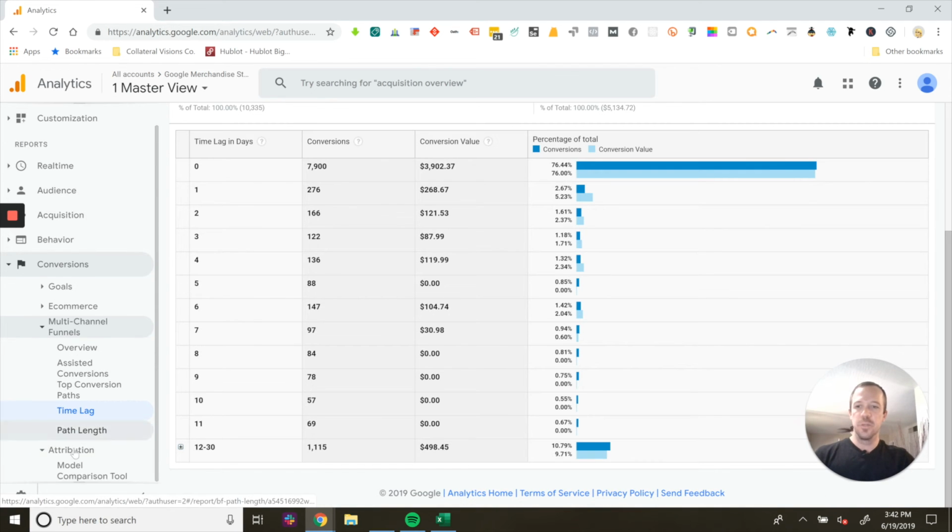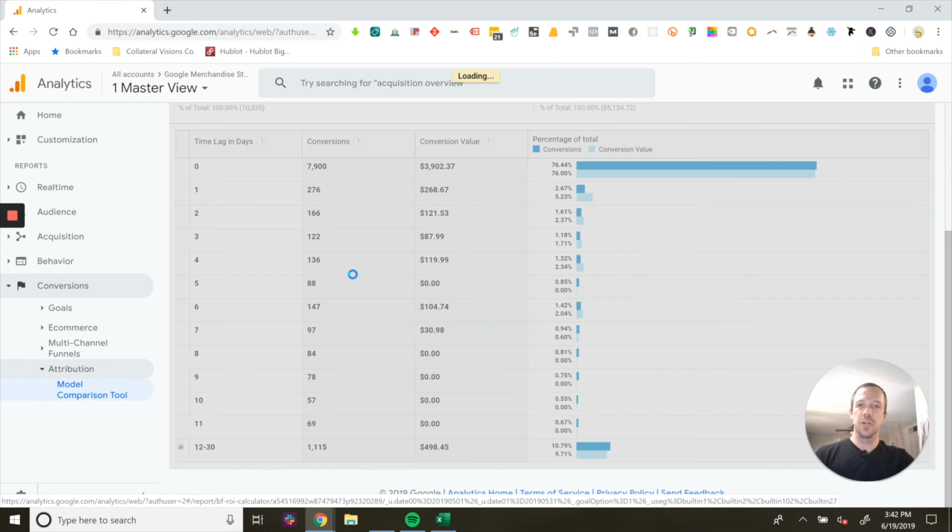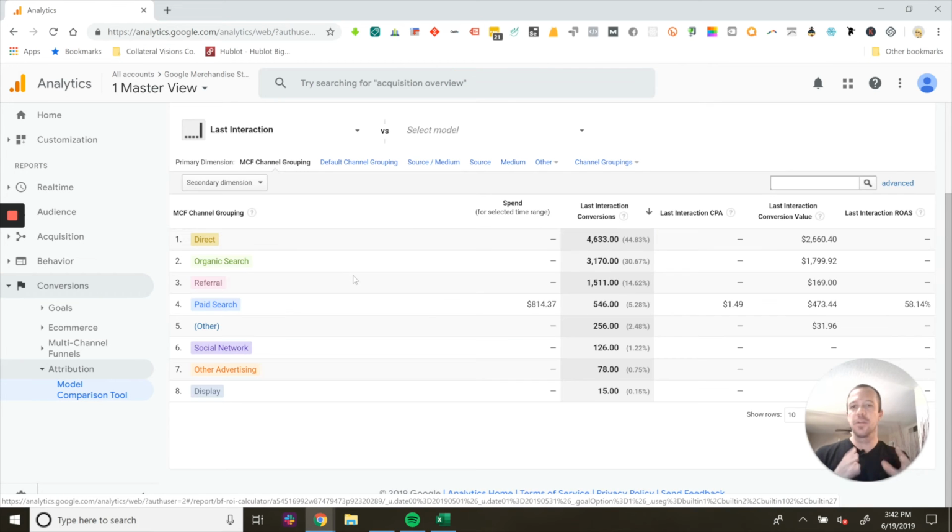The attribution as well, we covered a little bit in the last module. This is basically where you can compare the different attribution models. This is more of a tool to kind of validate what you're seeing within your attribution models, right? But no matter what, pick one and stick to it, right? That's pretty much the point of attribution models, right? You need to maintain that consistent impression. This model comparison tool